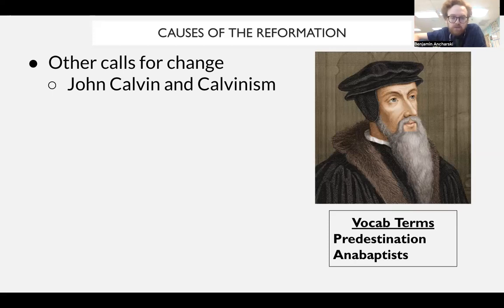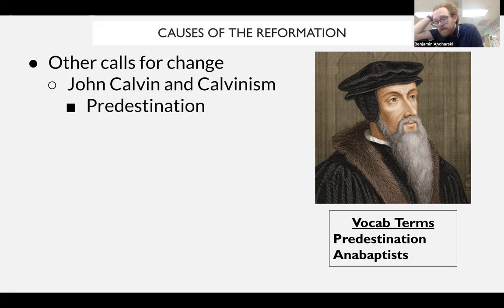And what exactly is Calvinism? Well, a way to put it is a stricter form of Protestantism, a stricter way to interpret the Bible. The most important aspect of Calvinism is predestination. It's an example of the practices of these new branches of Christianity. Essentially, God knows before you're born if you're going to heaven or hell. God is like Santa Claus, according to John Calvin. God knows if you're sleeping, God knows if you're awake, and God knows, much like Santa, if you're going to heaven or hell. It's true.